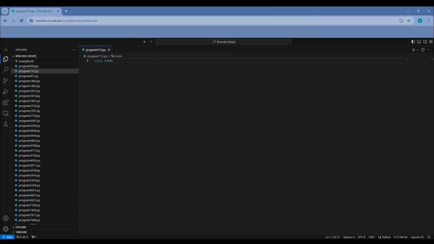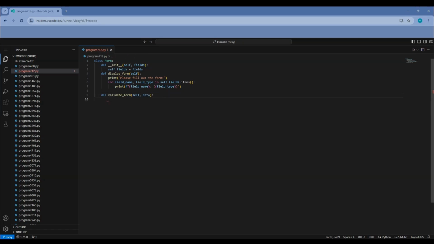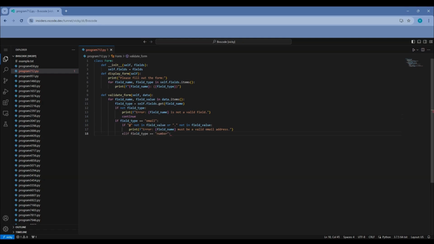The form class is designed to handle the process of creating, displaying, validating, and submitting form data. When an instance of the form class is created, it expects a dictionary of fields as input, where the keys represent the field names and the values represent the field types. The display form method allows users to see all the fields in the form, prompting them to fill out each field as required. The validate form method checks the provided data against the field types specified during form creation. If any validation rules are not met, error messages are displayed to guide the user. Additionally, the submit form method triggers the data validation process and contains any extra logic needed for submitting the form